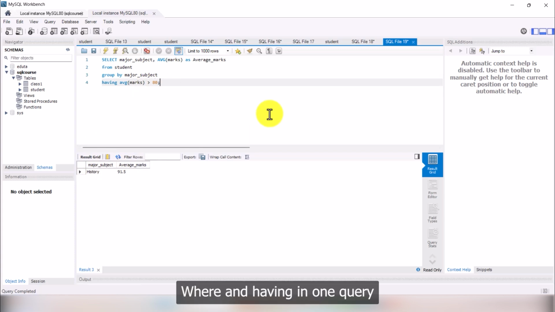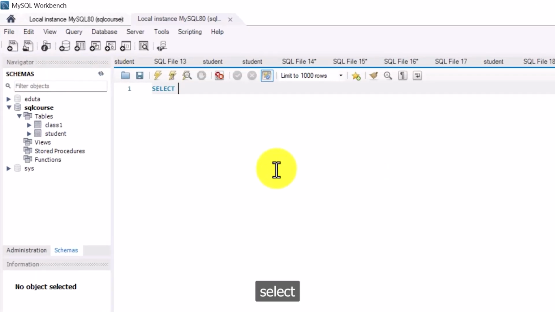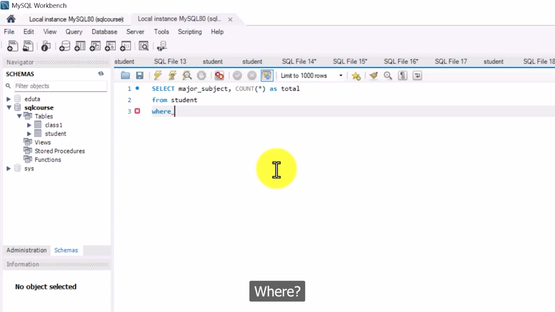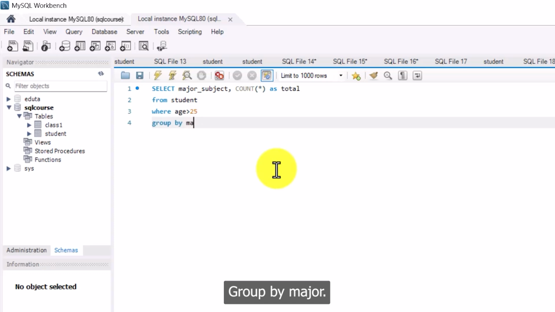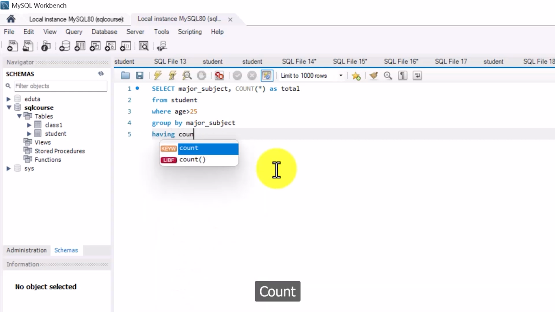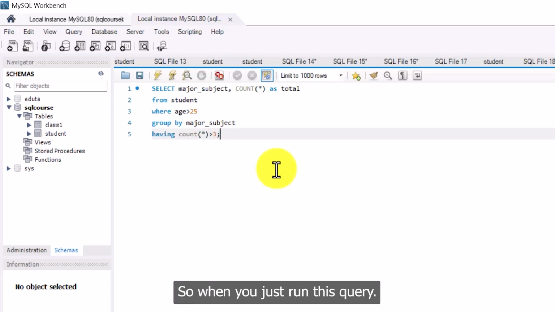You can also combine where and having in one query. For example, you can write select major subject and count asterisk as total, from student table, where age is greater than 25, group by major subject and having count asterisk greater than 3. So when you run this query,